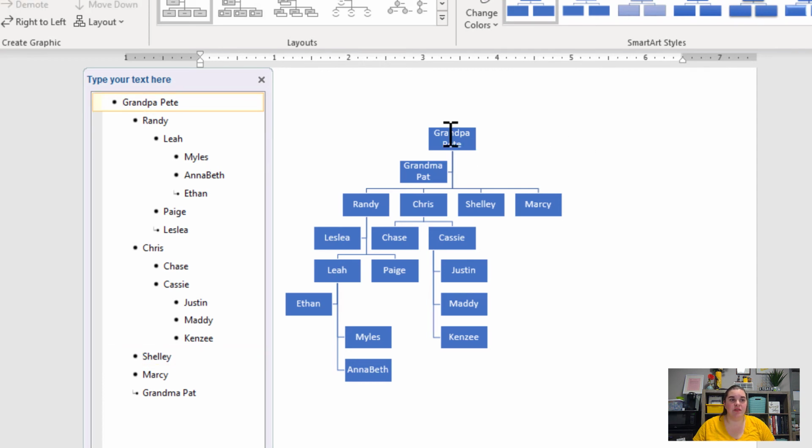Grandpa Pete is the top level. That's why he's the top shape, level 1. My dad, Randy, Chris, Shelley, and Marcy are all sitting at level 2 together on the hierarchy. And then my Grandma Pat is actually an assistant in between. Looking at the next level, myself and my sister are both at level 3. And you can see that we're sitting right here and it almost looks like we're connected to Chase, but we're not. And my mom has actually pushed us down because if I add Chase and Cassie's mom, Kelly, and I